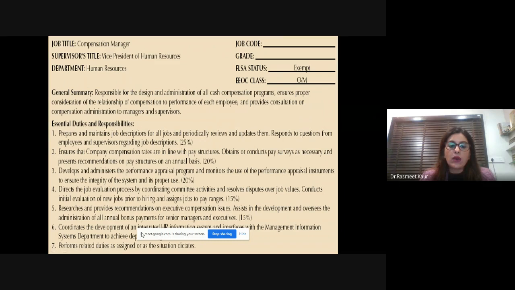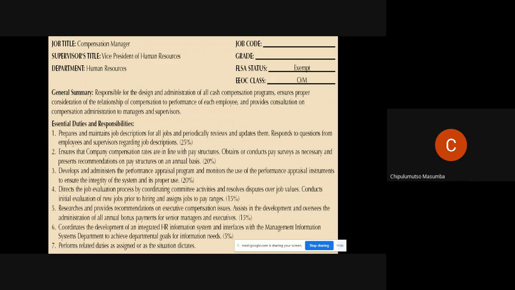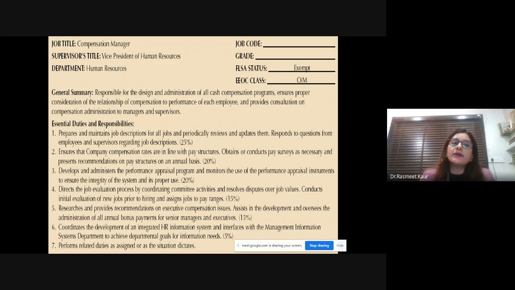So now I'll just quickly say what I was talking about. If you can see on the slide right now, it is talking about the title of the job, the department, a small summary about that particular job, and there are certain duties and responsibilities which are listed. I've just spoken about these duties and responsibilities, so I'll not repeat that again. What I meant to say is these are all those things which are covered under job description.